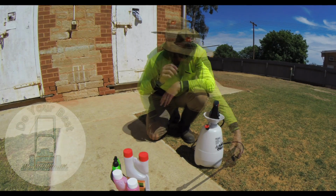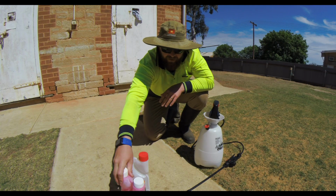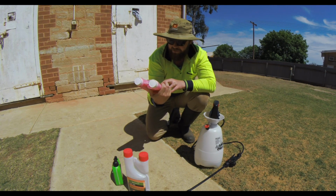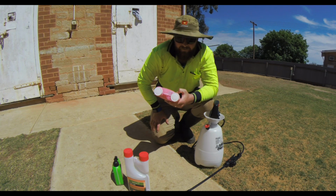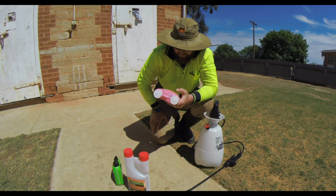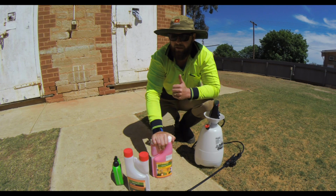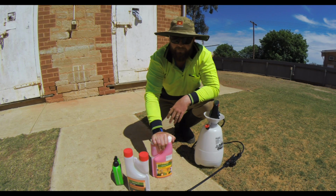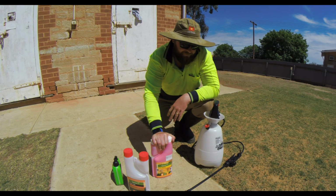Alright guys and girls, today what I'm going to be doing is applying some of this gear called Cocky 200 by Apparent, and the active constituent in this is imidacloprid. I'm applying this because I want to try and stop the African Black Beetle from getting stuck into the roots